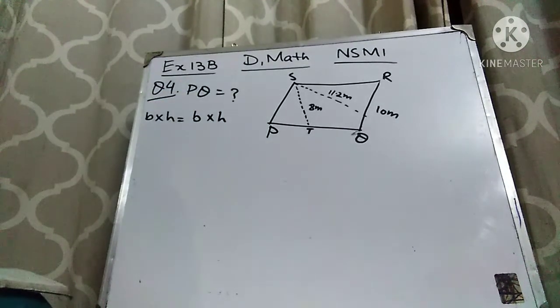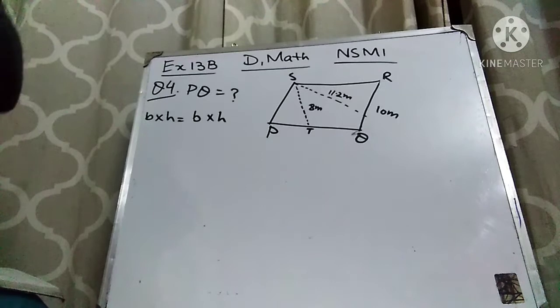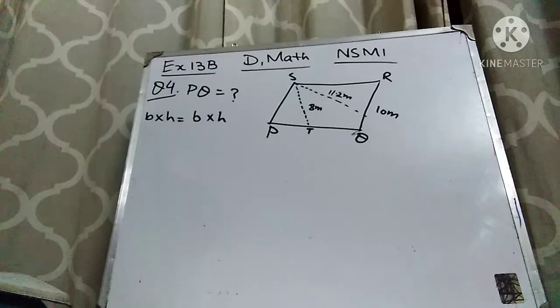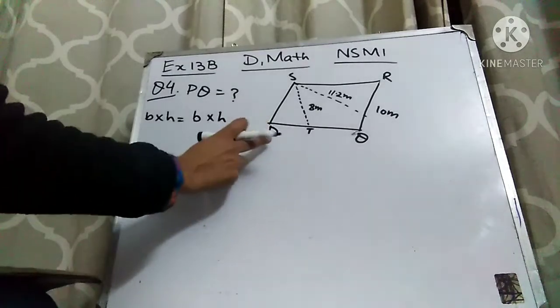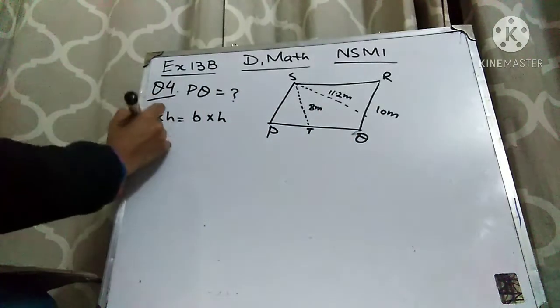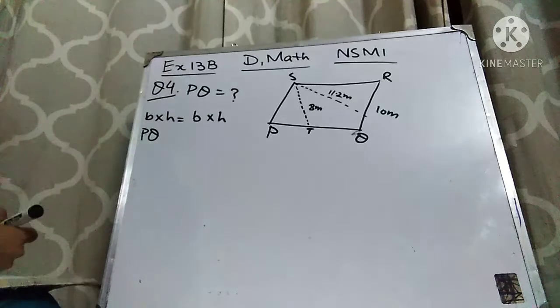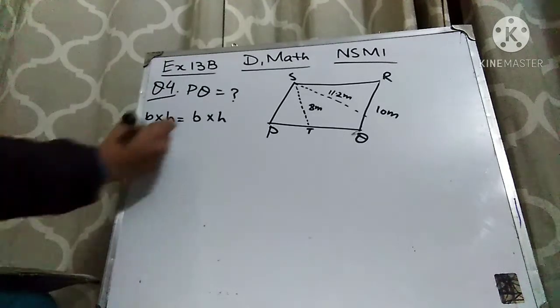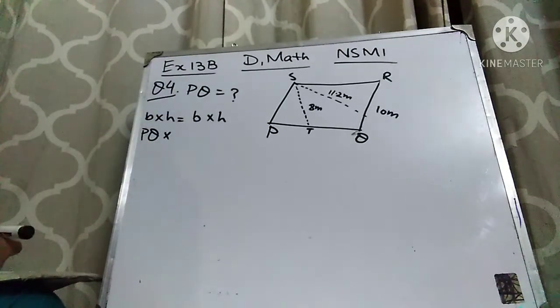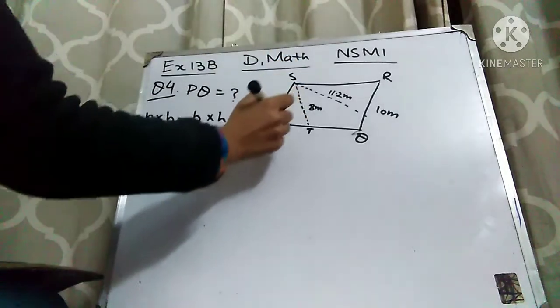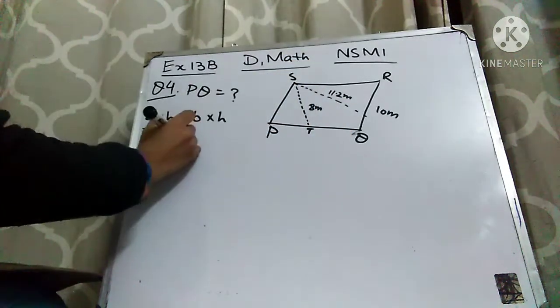They are equal to each other because it's a parallelogram, and you know that in a parallelogram it's equal. So what is the base and what is the height in this case? This is the baseline, which is PQ. So write down PQ as it is because we do not know the measurement of the baseline. Now what is the height? As I have told you, the perpendicular line on the baseline is the height, and which is 8.